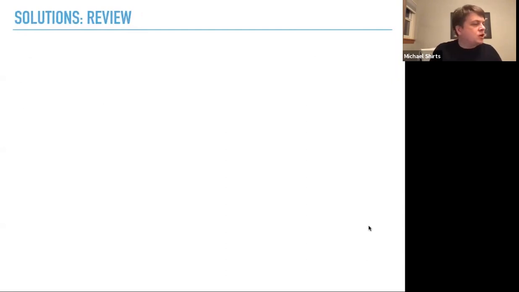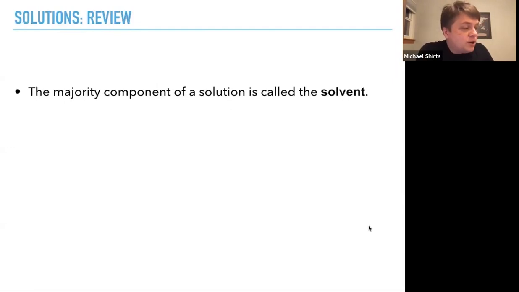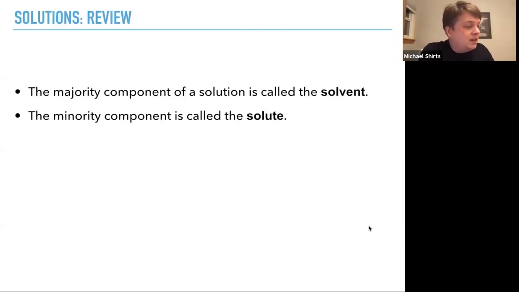Okay, so just to review, let's go over some terminology again. The majority component of a solution is called the solvent. This gets a little bit fuzzy when you have a lot of both. You could consider them both, you know, both solutes. The minority component is called the solute. Again, it gets a little fuzzy, but usually we're dealing with solutions that are primarily one thing and dilute in